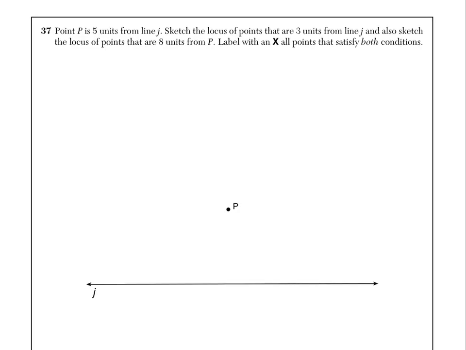Number 37 says point P is 5 units from line J, so I'm just going to indicate that by drawing a line 5 units. Sketch the locus of points that are 3 units from line J. So I'm going to start by sketching 3 units from line J. So you can think about this, if you have a line and you want to be 3 units from it,